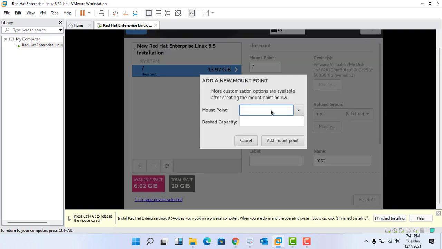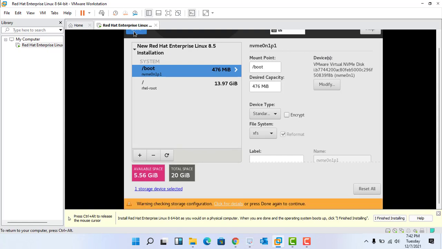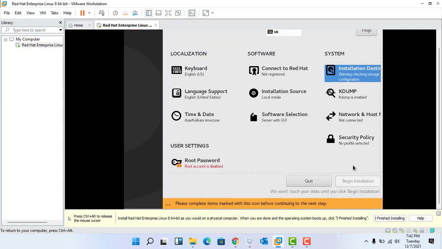Now one more, we have to choose boot also, it should be 500 MB at least. Okay, it's done guys. Now we can click done. Now we have to accept these changes.